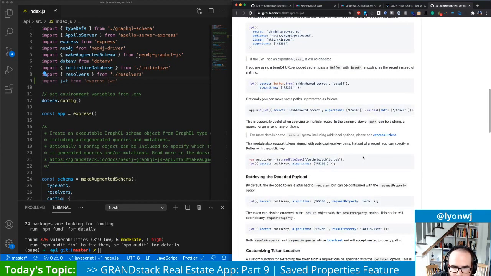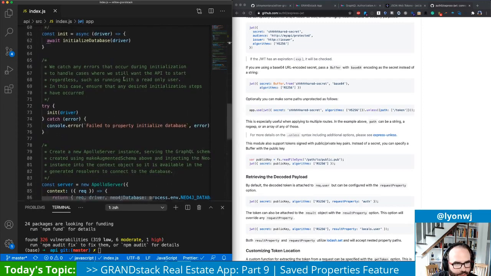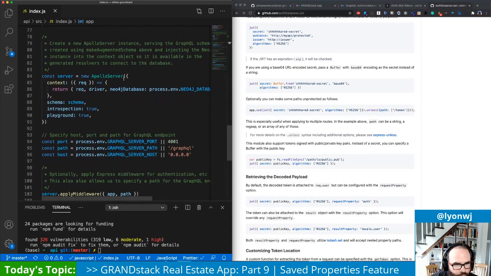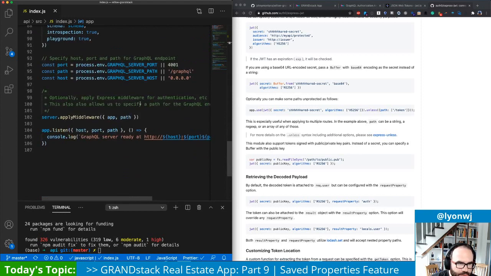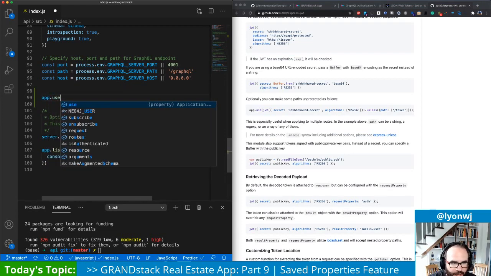I think we can also use, so in this case, the app, this is our Express application, and then we create our Apollo server instance, and then this server.applyMiddleware is going to take any middleware that we've added to our Express app and make sure that we're working with that in Apollo server. So before the call to that, we'll say app.use